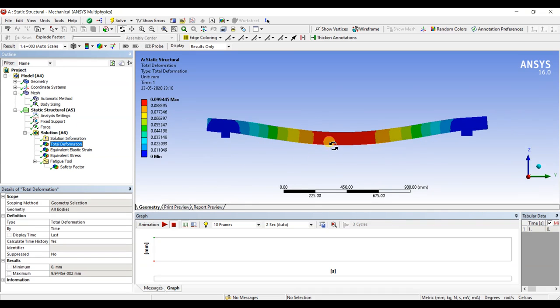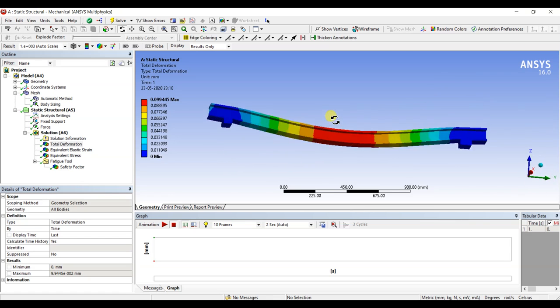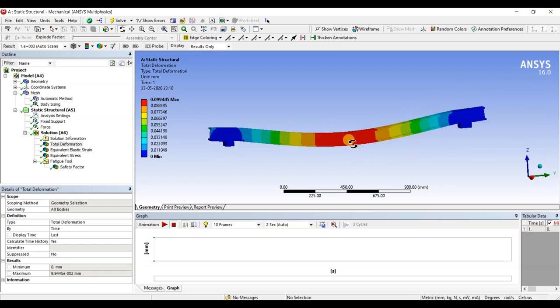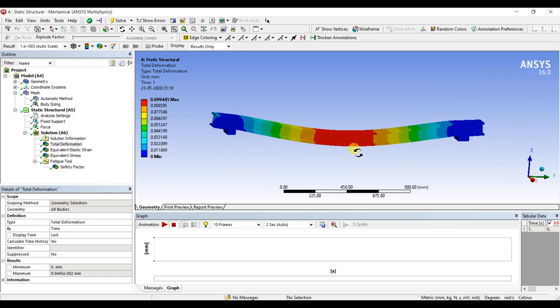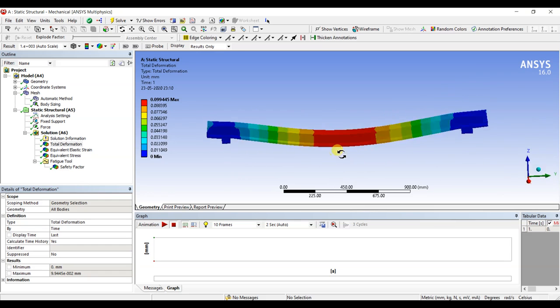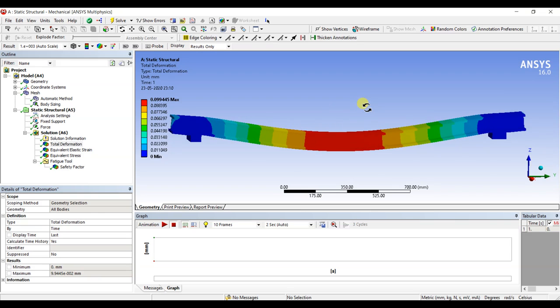So you can try more options like a cylinder with some deformation or a cylinder with some internal pressure. You can try more and explore more with these simulations. You will definitely get some new experiences.